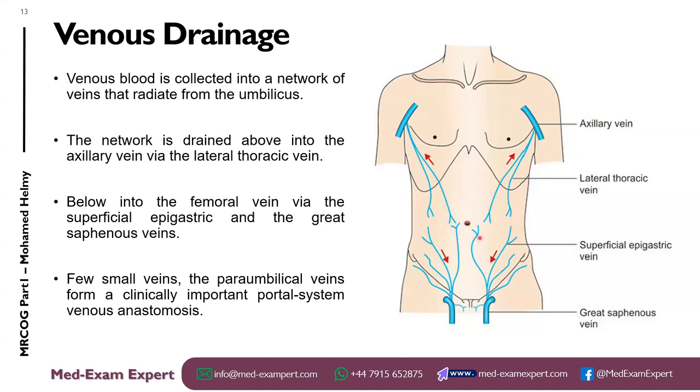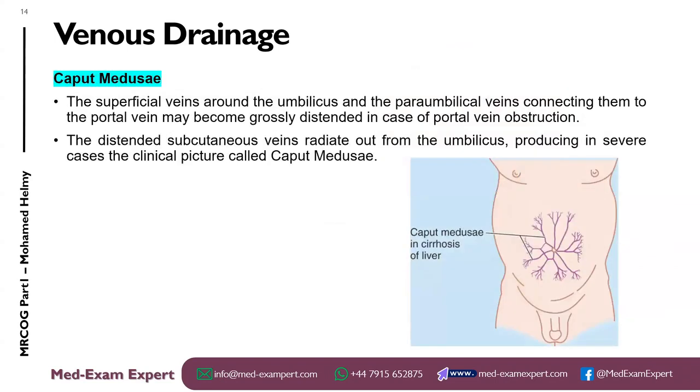Also, we have some para-umbilical veins which make anastomosis with the portal veins, which we call portal systemic venous anastomosis. That's why in hepatic cases with portal vein obstruction, we will find this clinical sign. I think all of you know the caput medusa, the dilatation or tortuosity of the para-umbilical veins, because the blood is distending these veins because of the portal vein obstruction, because there is anastomosis here